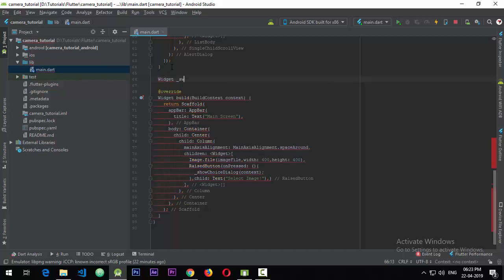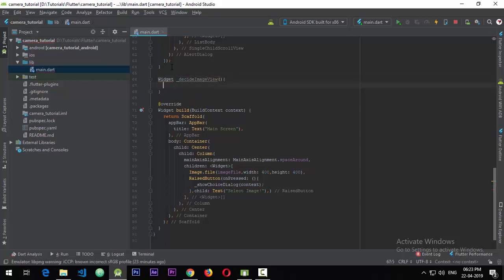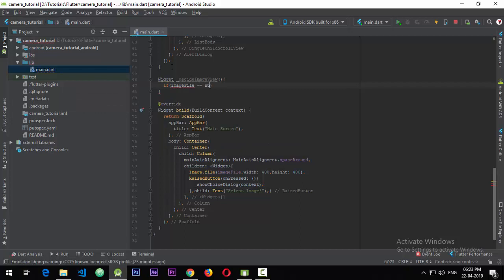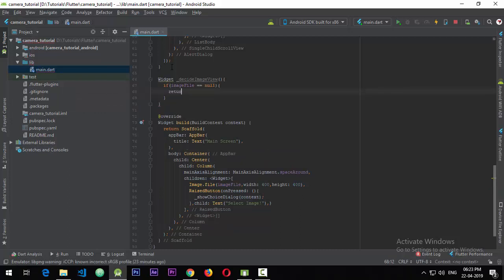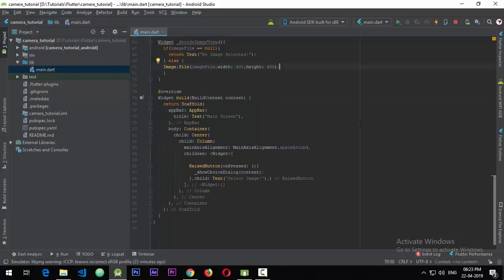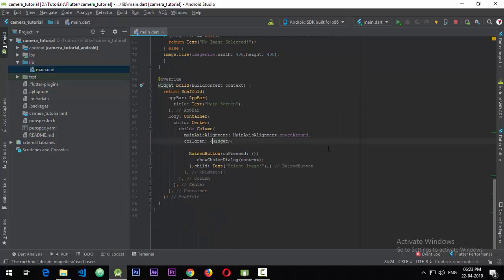and let's name this function decide image view. I'm just bad with the names, so let's go with this. So what we'll do is, if the image file is null, then this will return a simple text that is the same text here, no selected image, or else it will return this statement here. I'll just copy that and add here, put a semicolon, and we'll just use this method as the first widget,